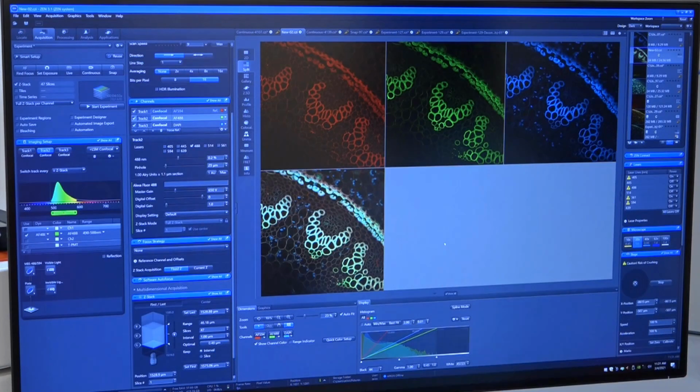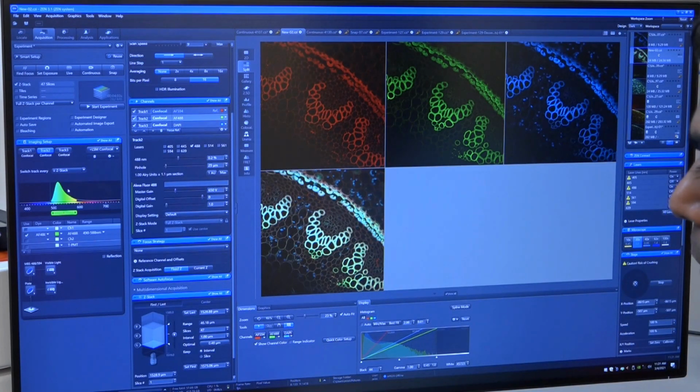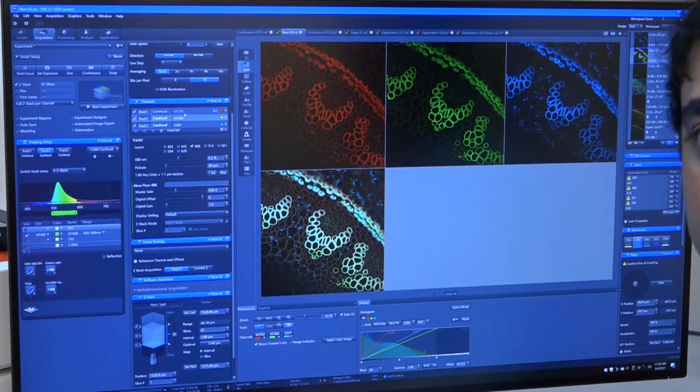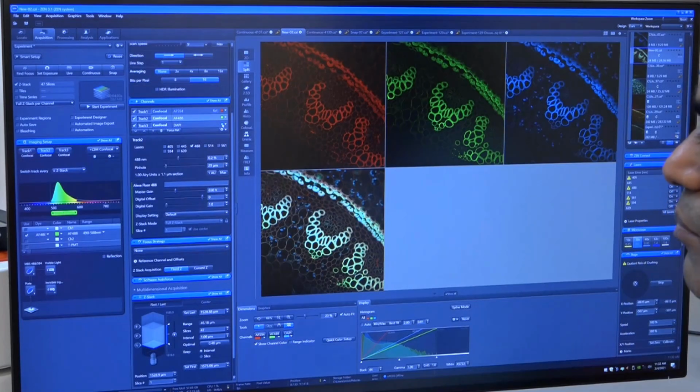This is when you have multiple dyes and you want to get an image. But before that, you have to understand the order: the higher the wavelength, the lower the energy associated. You have to optimize starting from the highest wavelength and go down to the lower wavelength, which has the highest energy, so that your sample doesn't bleach.